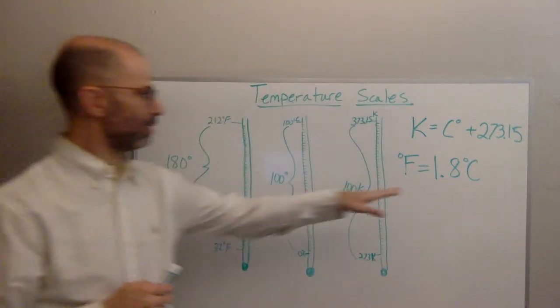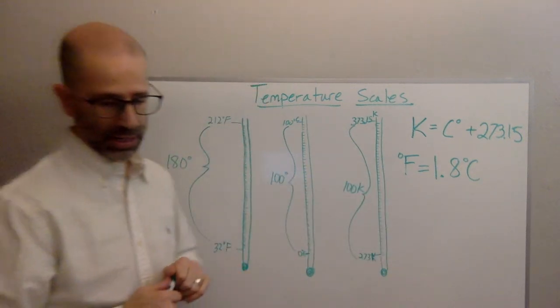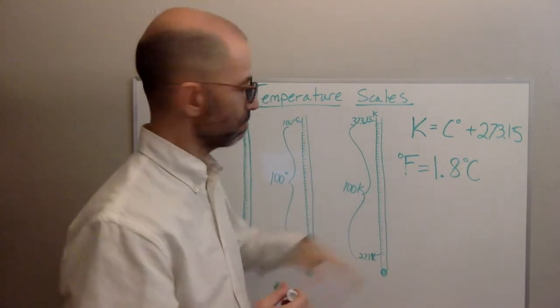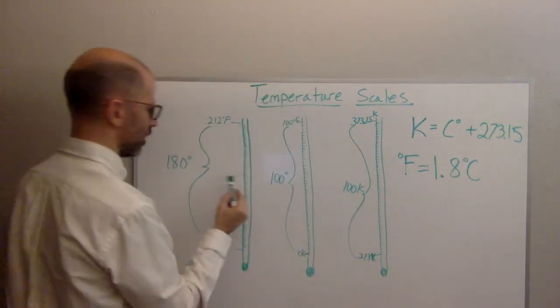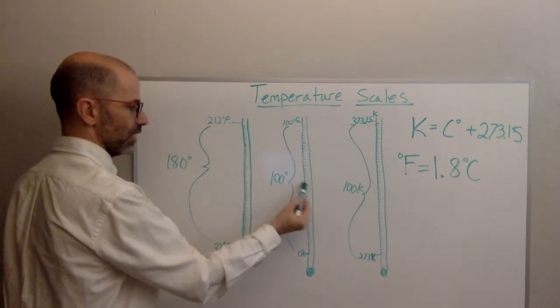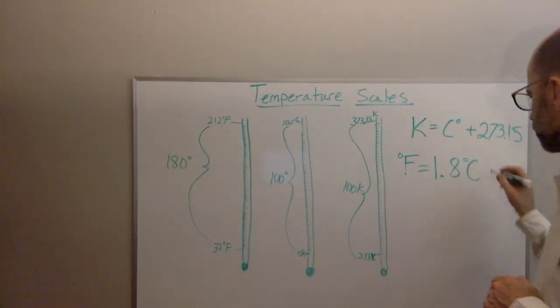So whatever you have in degrees Celsius, you're going to multiply that by 1.8. That's where the factor 1.8 comes in, the size of the increments. And then I'm going to add